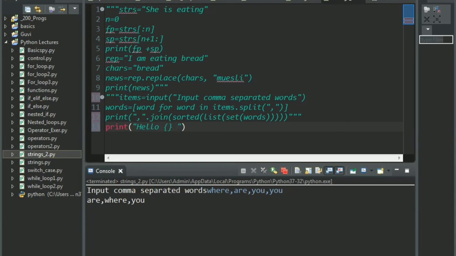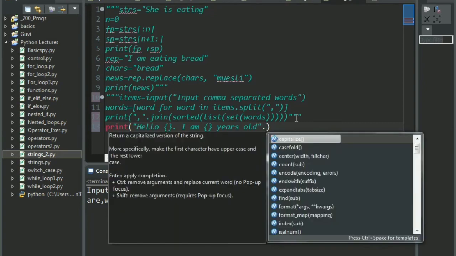Then let us say I am, and then in brackets again, years old. This is my string, and inside I have 2 empty curly braces. Now these empty curly braces are basically known as default arguments.